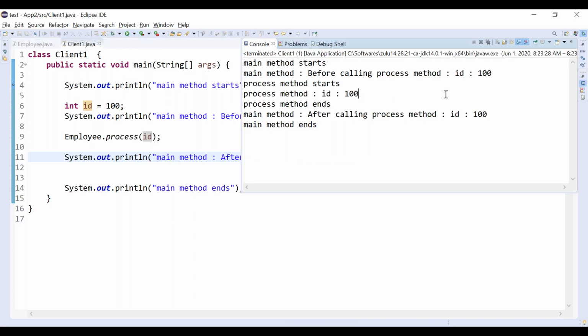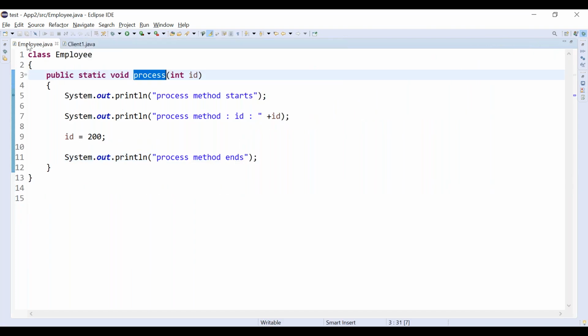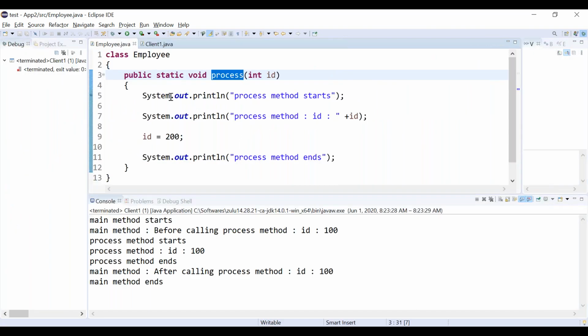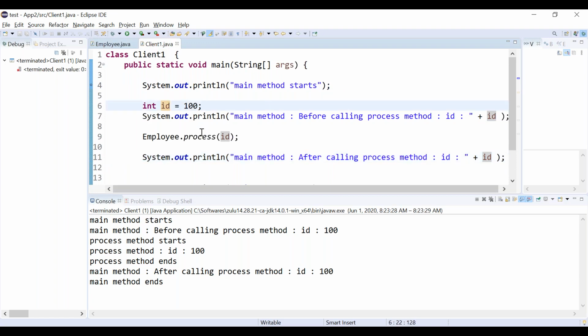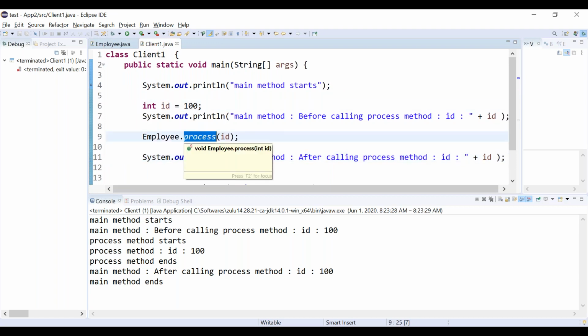Let's rerun it. Inside the Employee class, we are modifying in the process method. That is not affecting the caller. The main method is the caller here.